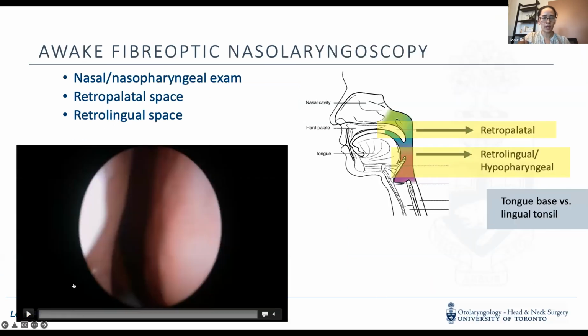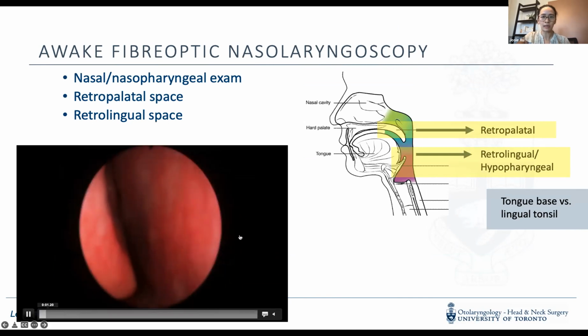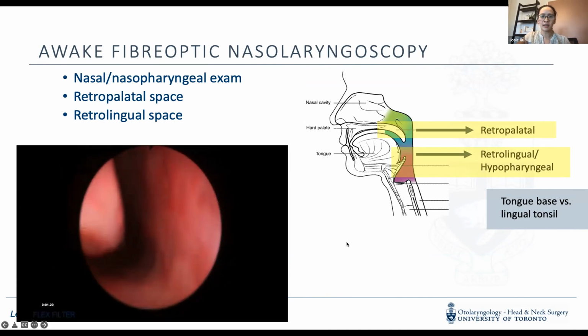So then we perform an awake fiber optic nasolaryngoscopy. Hopefully this video starts to go. I'm getting my swirling cursor, which means that it's loading slowly. So specifically, the fiber optic